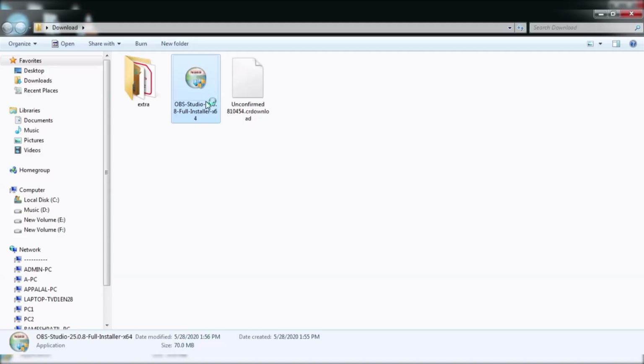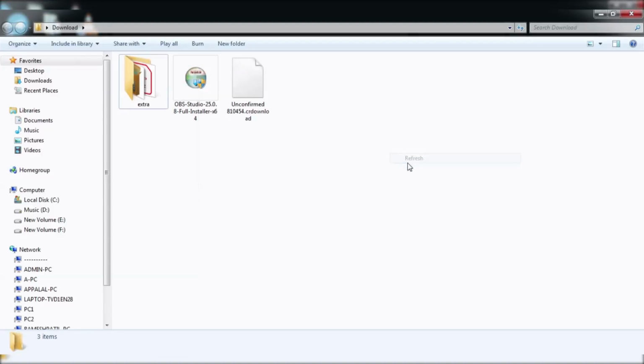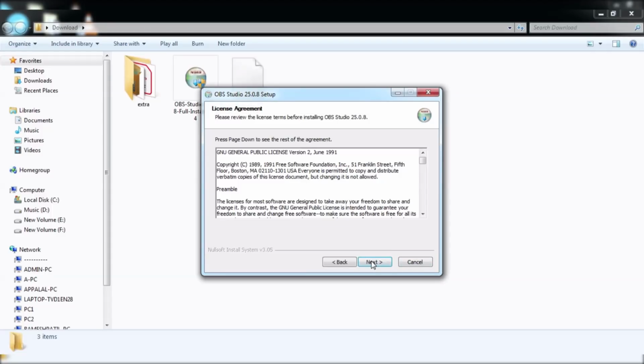Now the process is going on. So now check here, verifying installer. Now you have to click on the next button. Again next. And then the install button.